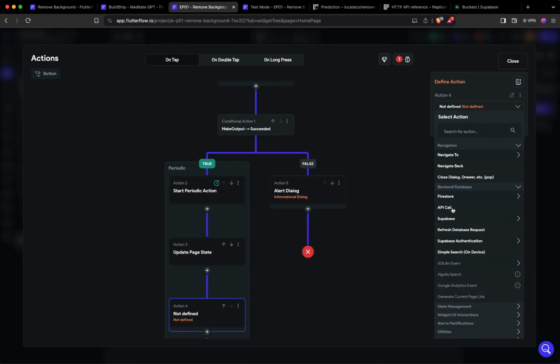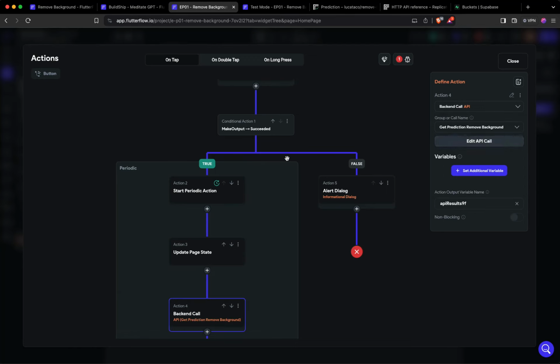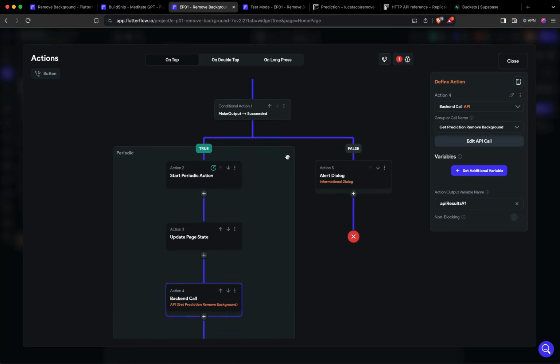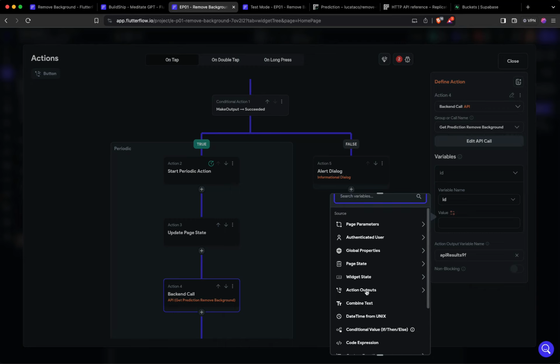The next one is we're going to make another API call. So backend API call and get prediction. Okay, so we've successfully did the make prediction API call. Now we need to get the result. So this one, we're going to come to ID. So we need the ID. And we can get that ID based on the information from the first API call. So we come here, go to action output. So the action output from